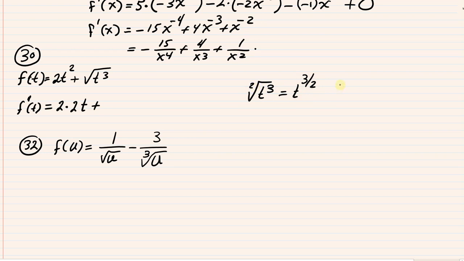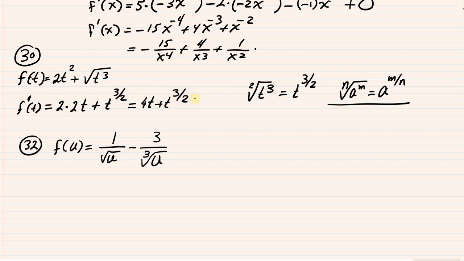The rule I'm using here is this. The nth root of a to the m is a to the m over n. This is the rule of exponents, which allows me to rewrite radicals using rational exponents. So this is going to be t to the 3/2. And now we can actually take that derivative. So this is 4t plus t to the 3/2. That's just the